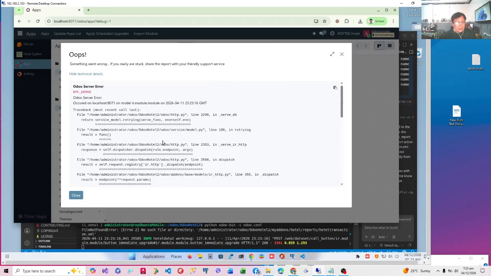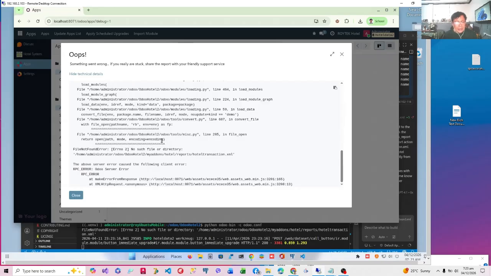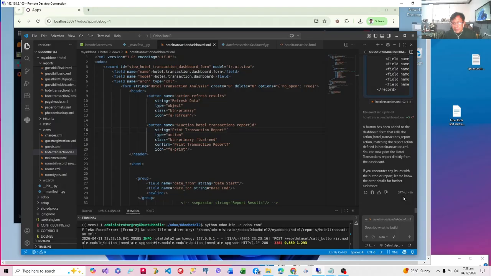What's wrong? It didn't specify right away now. Okay, hotel transaction.xml, line 28. It didn't specify the line. Okay, so let's go, vibe code.